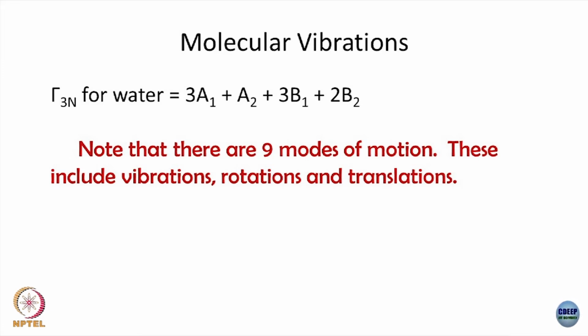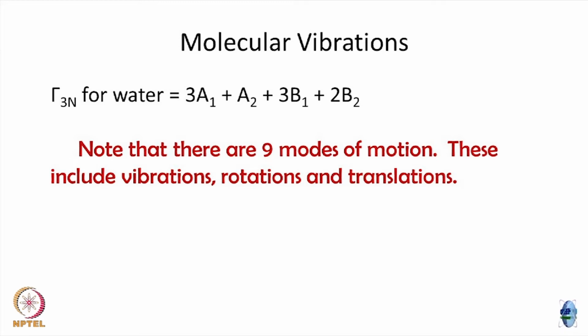Why? The molecule has a C2V symmetry. It is an abelian group. So, all the irreps have to be one dimensional, and all the motions should add up to give you the